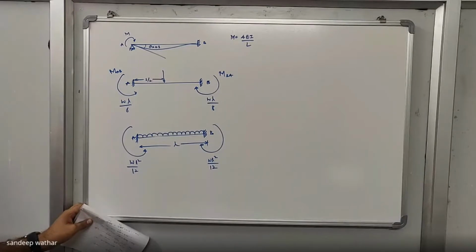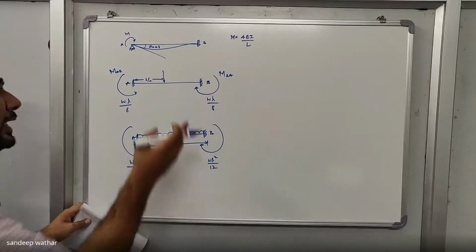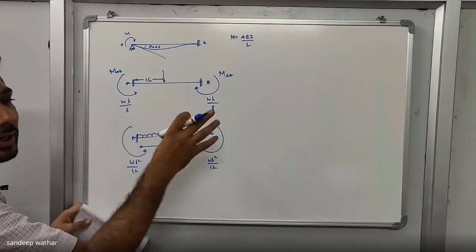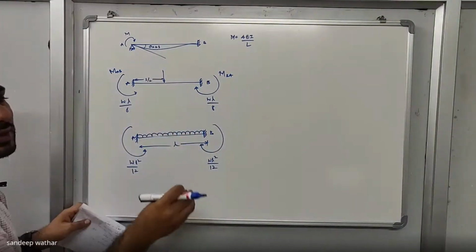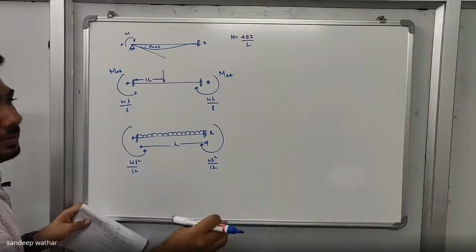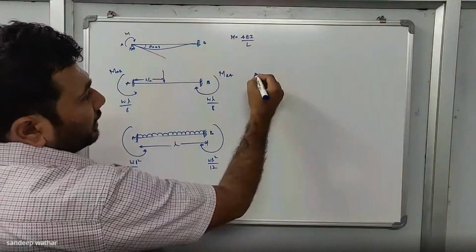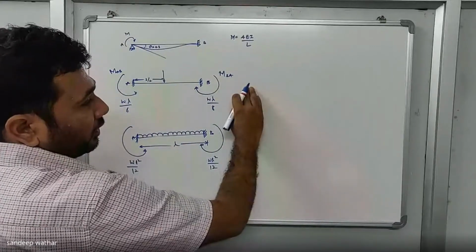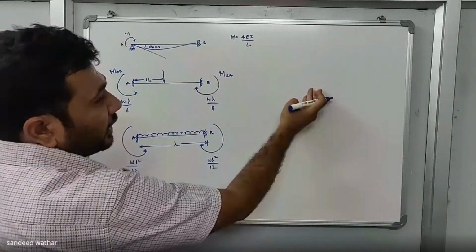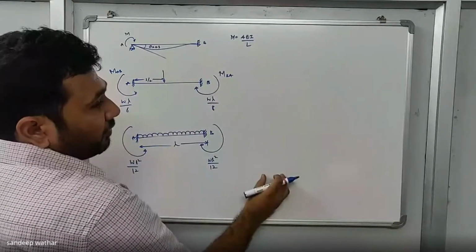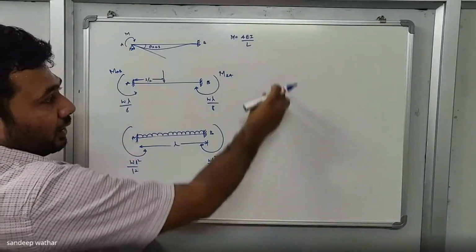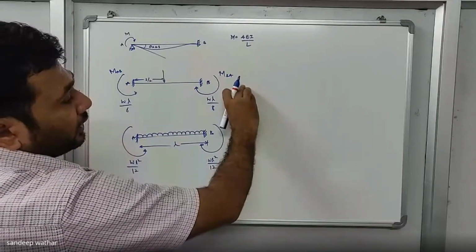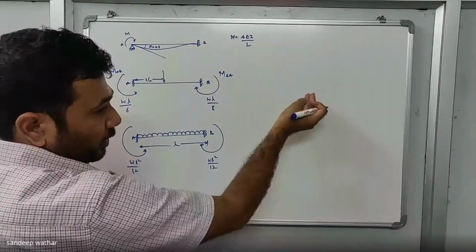In your syllabus, there is no need to explain how to calculate these end moment values for fixed beams. That's why I told you this is a transition portion, which is not given in your syllabus. You have studied all the determinate structures, and you will be studying all the indeterminate structures. But in the middle, we had fixed beams, which you haven't studied in your previous semester, and there is no scope to study in this semester also because it is not in the syllabus.